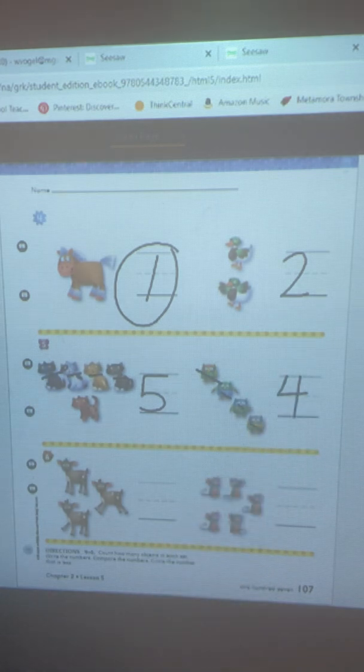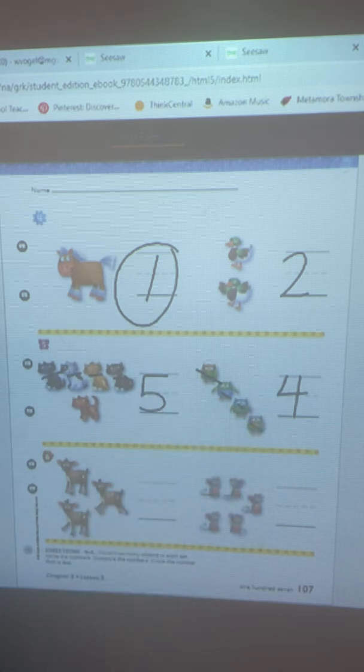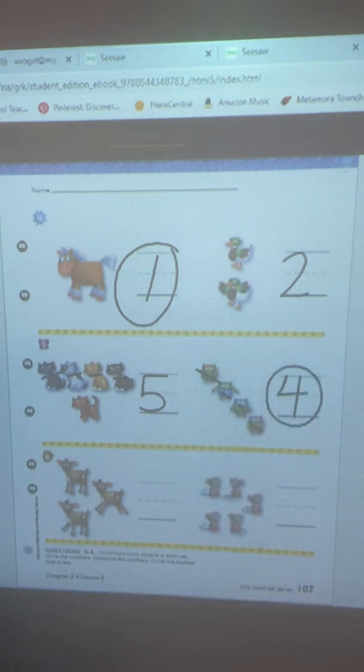Now we're looking for this number that is less when we compare the numbers. Which number is less? 5 or 4? 4. Ding, ding, ding, ding, ding. Good job. All right, the last thing we're going to do here is compare the goats again, but this time